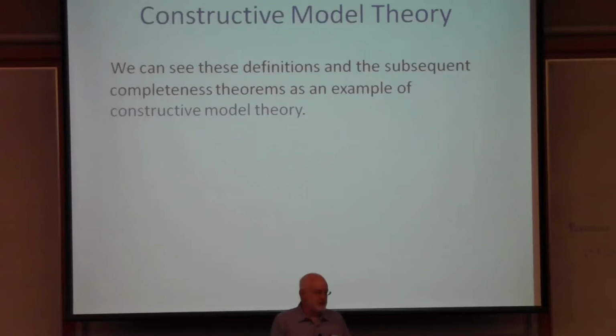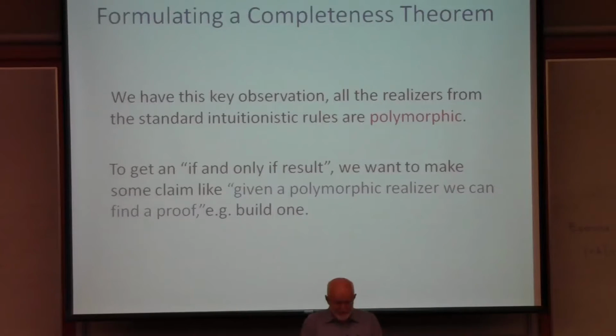Okay, and the other thing you can notice that we're doing is we're building a constructive model theory, or an intuitionistic model theory, which is nicely tied to the proof theory. And yet it's somewhat more abstract, I think. Those realizers were easier for you to grasp, I think, than the proof rules. So those are some of the things we're up to. Okay, but let's now try to formulate the completeness theorem